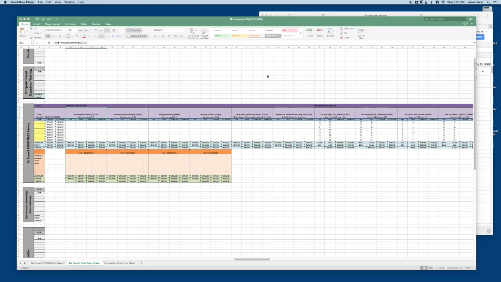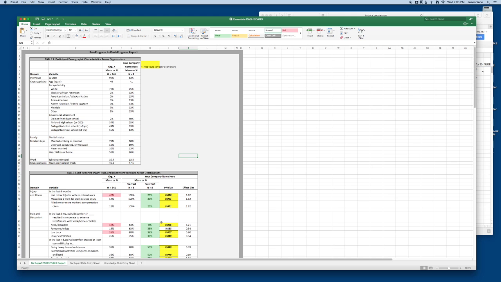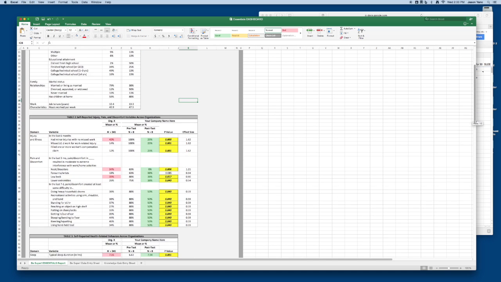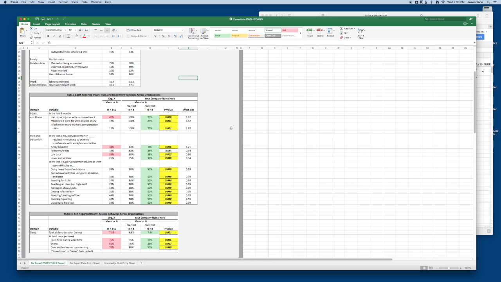So the report sheet is the one furthest to the left, and you can find the sheets all down here on the bottom of your Excel window. You can see your B-Super Essential Report. And this is a pre-programmed sheet that, while it looks highlighted and color-coded now, is pre-programmed to do that. So all you have to do is enter data into the data entry sheet here and then the knowledge quiz entry sheet here, and that populates the report sheet with all the data and highlights the important things you want to